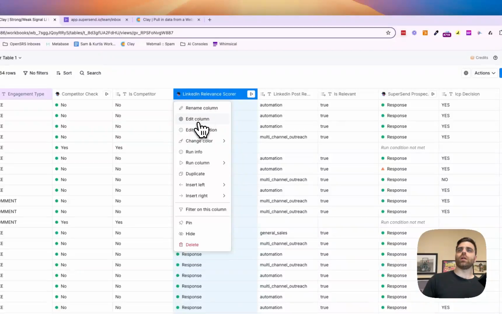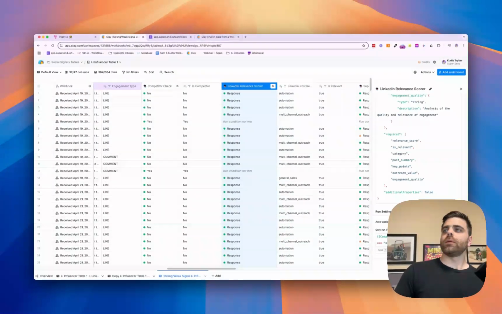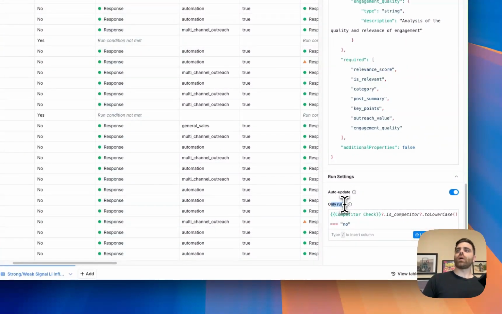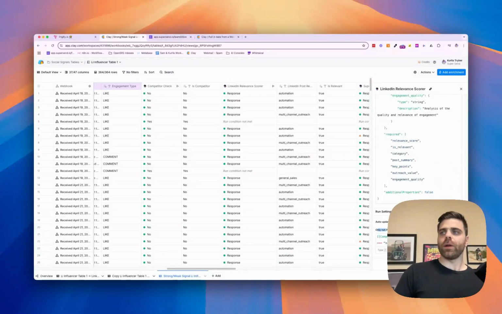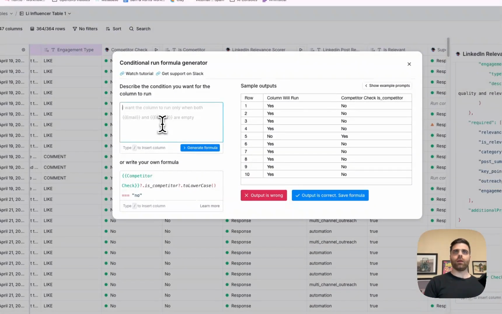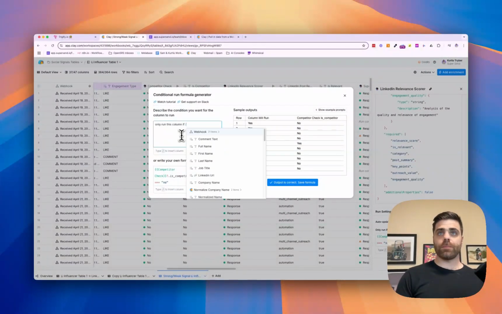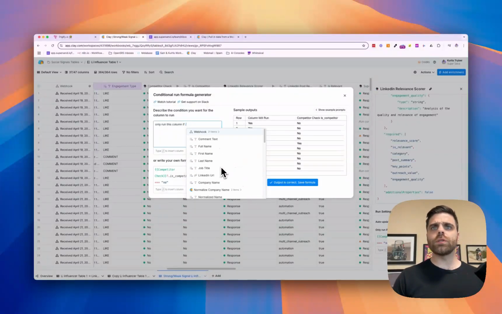So if I open this column, if I scroll down to the bottom, you can set up a condition that says only run if, and this is competitor check, right? And this looks hard to do, but if you just use AI here, and in normal language, you say, only run this column if backslash, right? So where should it look? If competitor check,